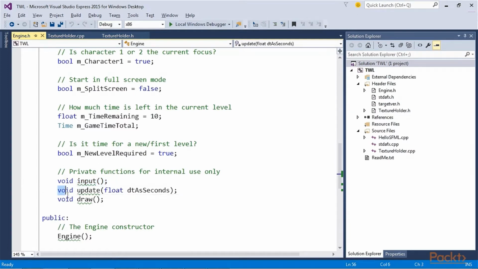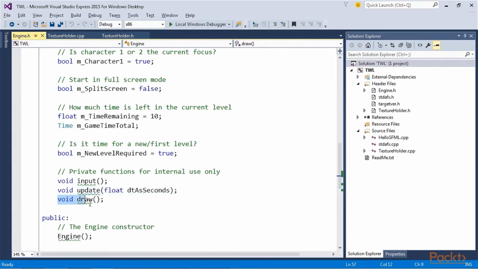The update function. This function will do all the work that we previously did in the update section of the main function. We will also call some other functions from the update function in order to keep the code organized. If you look back at the code, you will see that it receives a float parameter, which will hold the fraction of a second that has passed since the previous time. This, of course, is just what we need to update all our game objects.